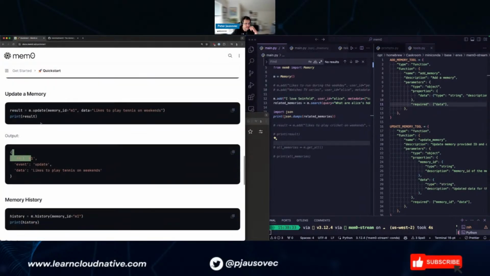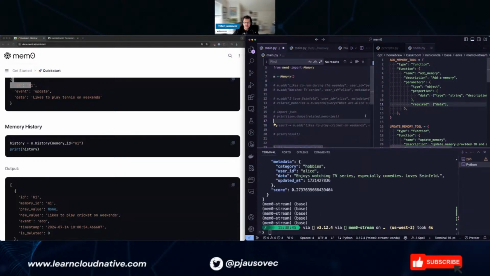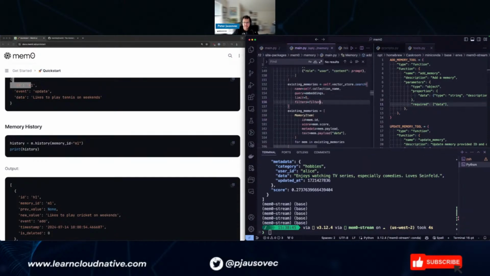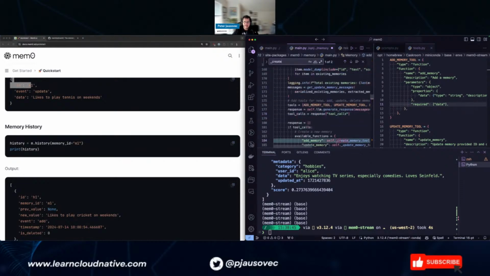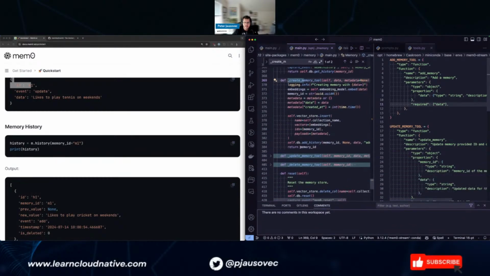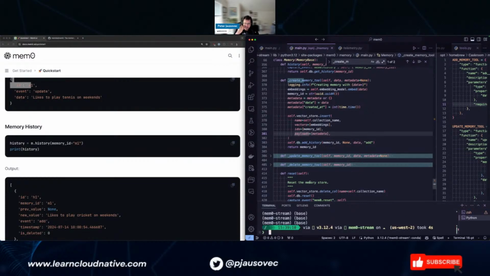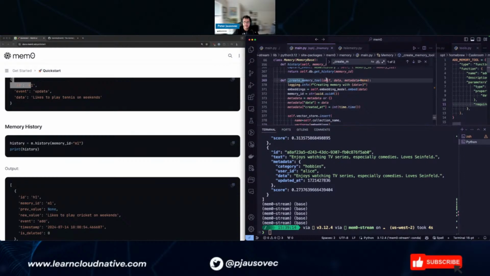All right, let's continue here. So memory history. Oh, okay. So let's see the history. I'm assuming this is the history of what was done, i.e., this was created, this was added, this was removed. I saw that. Where did I see that? Whoops. In the create memory tool here. There you go, see the add history. So there's another database that's just for tracking, I guess, memory history, like how the history was manipulated. But we'll see. Let's take a look.